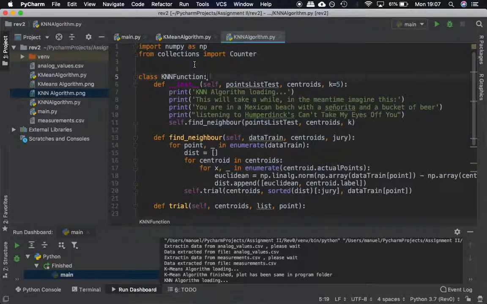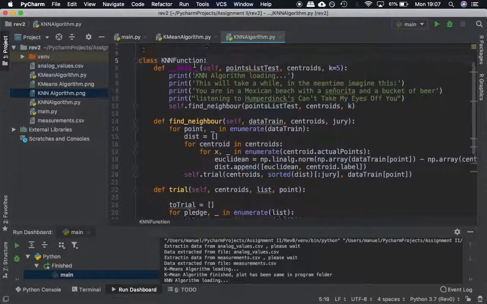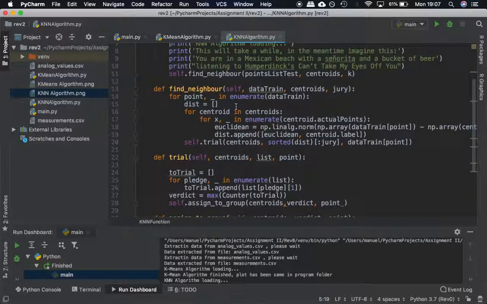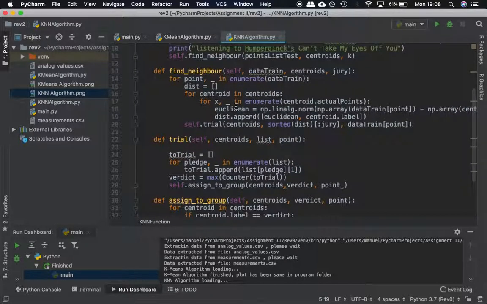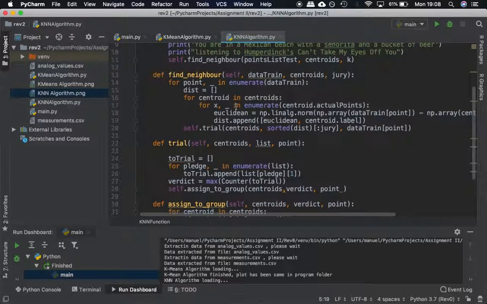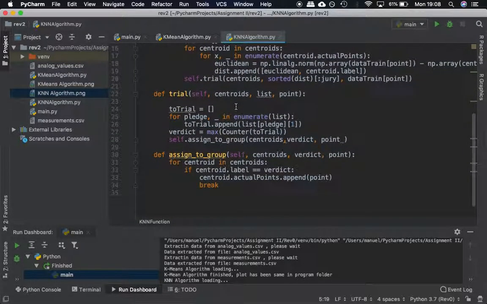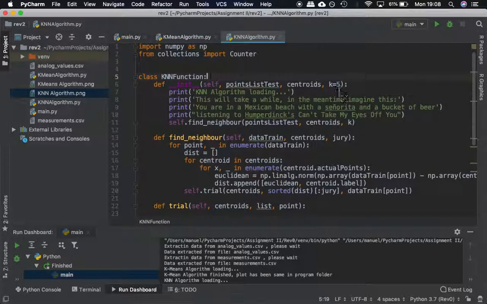And then in the KNN, what we need to do is find where is the nearest neighbor of all of them. So we're just going to take the point and start comparing with all the other points that we have found that are already assigned in the centroids. This is based on votes. So we have 5 votes in here. It's always good to have